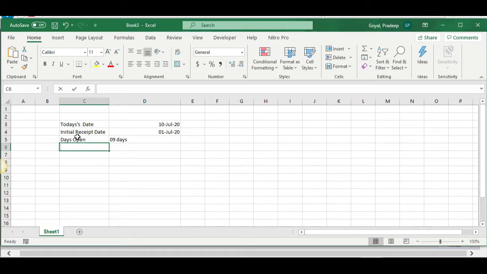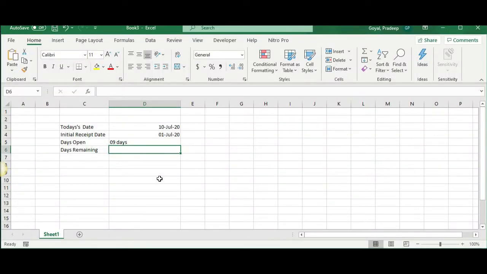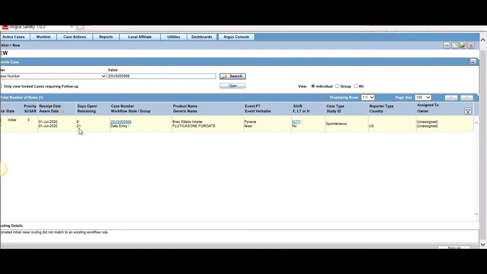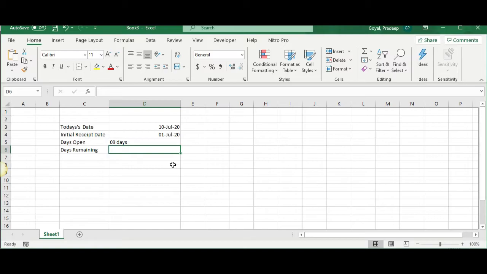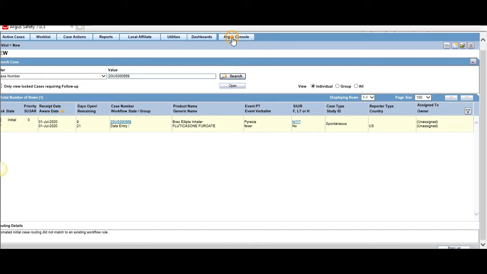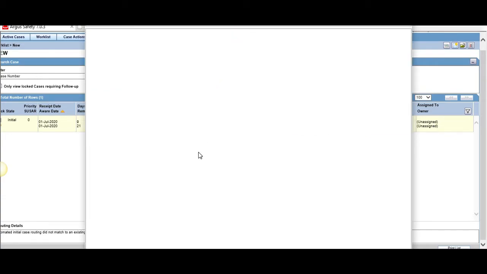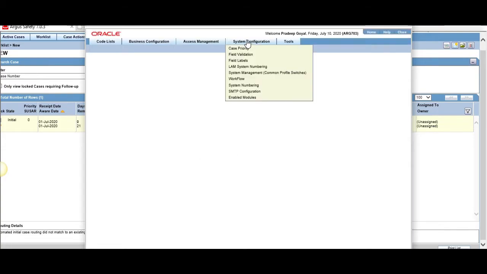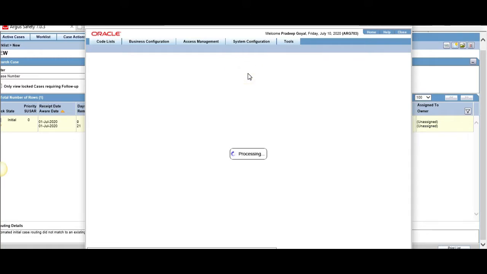Now days remaining, in the application it says 21 days. Now let's see where this 21 days calculation has come from. So what we are going to do is open the Argus console screen, and let's go to system configuration, system management, workflow.